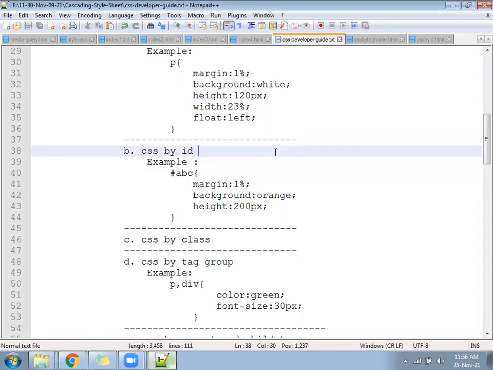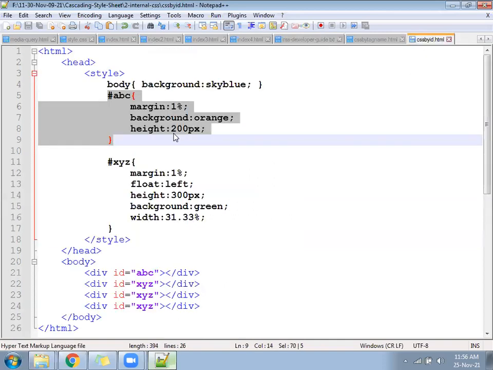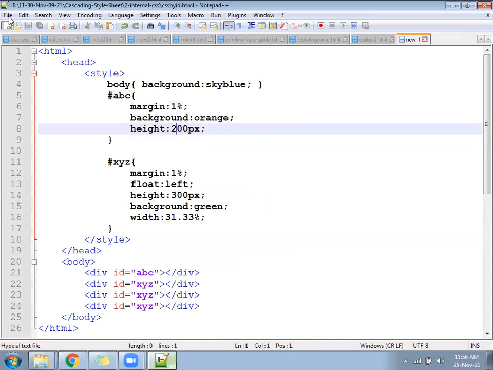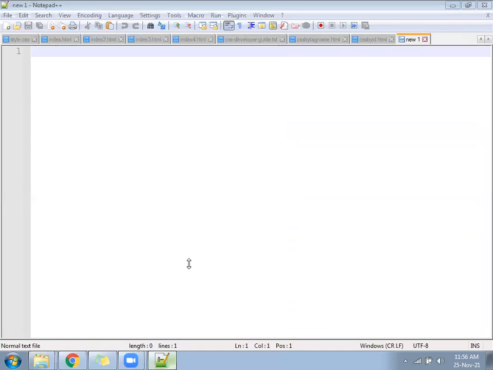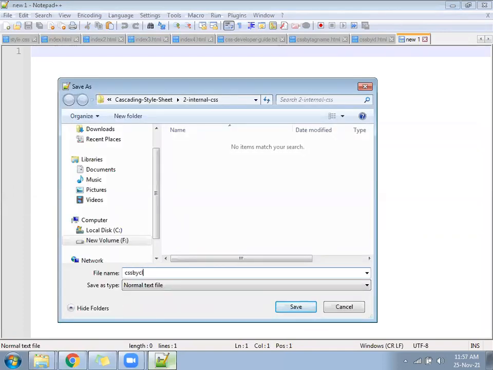Okay, so the next example is based on class. How to write the CSS for a class. Create the next file, CSS by class.html.